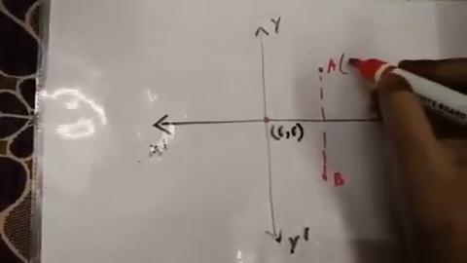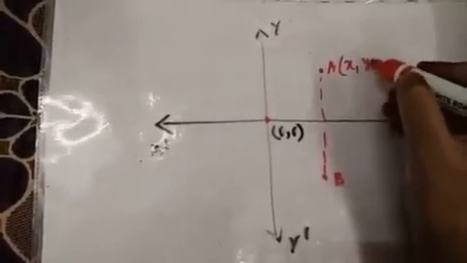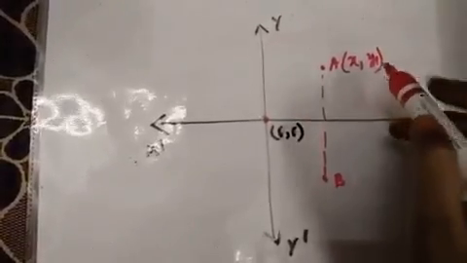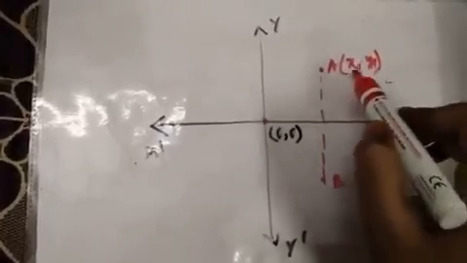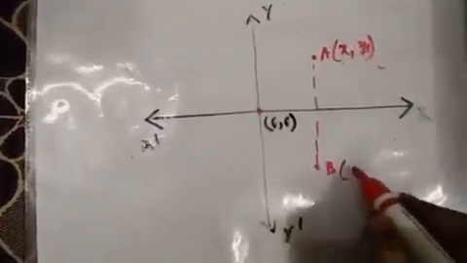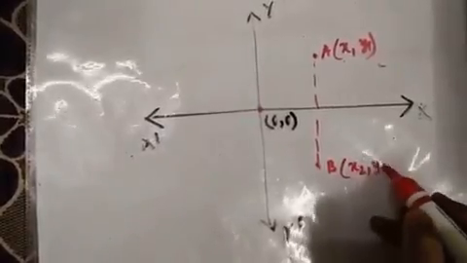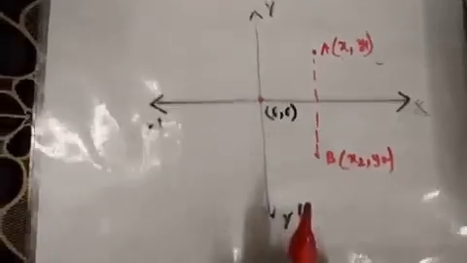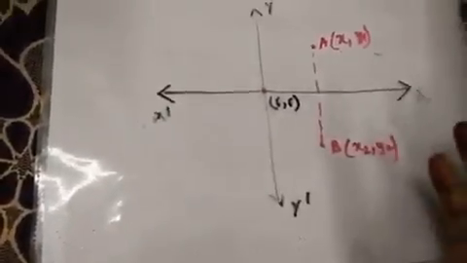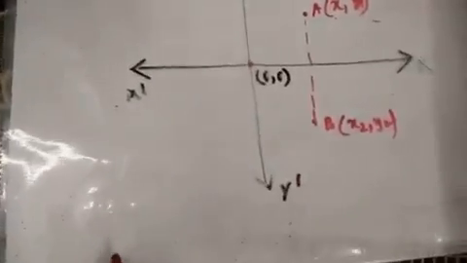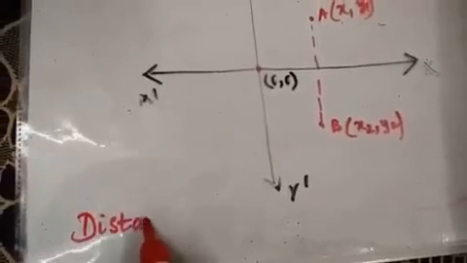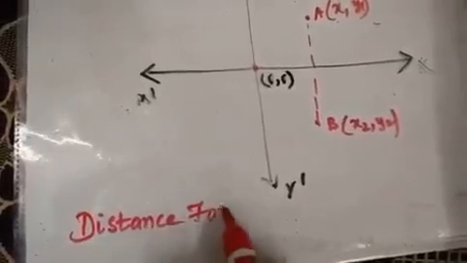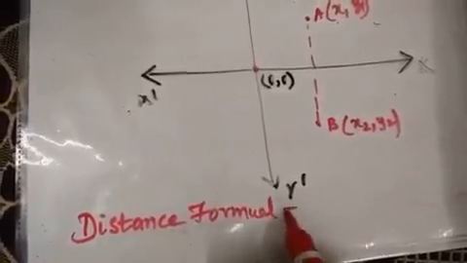Okay? So for example, if I am telling this is x1, y1, why am I writing 1, 1 here? These are the coordinates of the first point A. Okay? x1, y1. And what coordinate names can I give here? x2, y2. If there are 2 points like this, the distance formula says that without any graph paper or any scale, simply you can use this distance formula. And please do write this distance formula in your formula chart. Okay? So the distance formula is equal to.